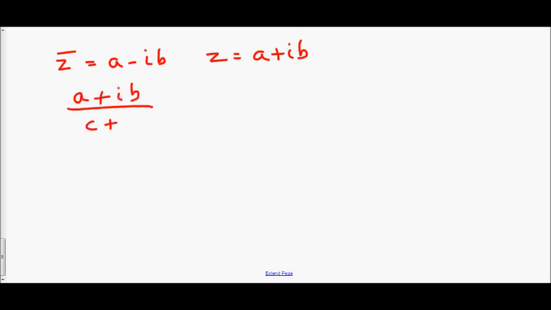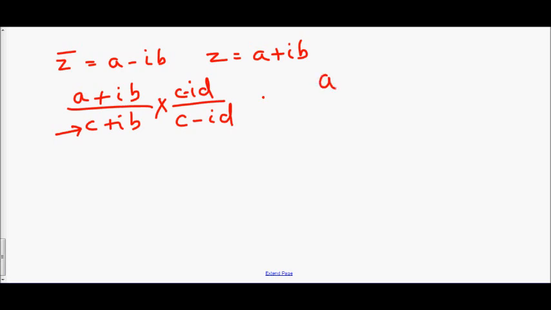A few minutes before, we were talking about the conjugate a minus ib for the complex number a plus ib. Where is this used? Usually it is used when you have two complex numbers in quotient form. In order to take away the complex number in the denominator, you multiply the numerator and denominator by the conjugate of the denominator. So whenever you want to take away the complex number, multiply and divide by the conjugate,